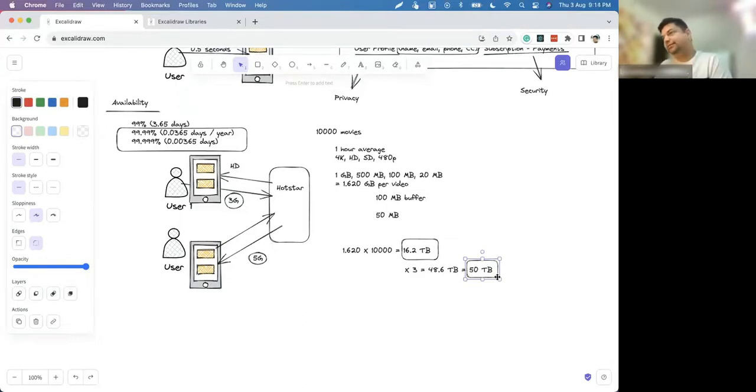But do we need a database for Hotstar? And if we need one, then we have to design the schema as a system design exercise. Yes, you need it.